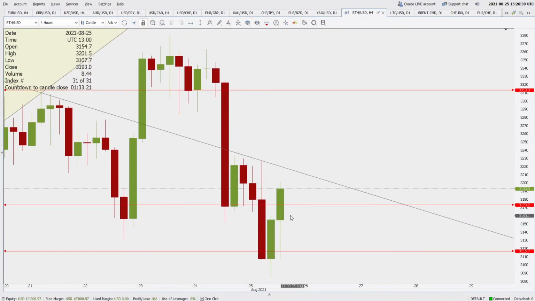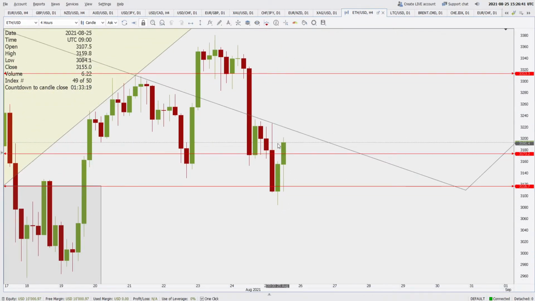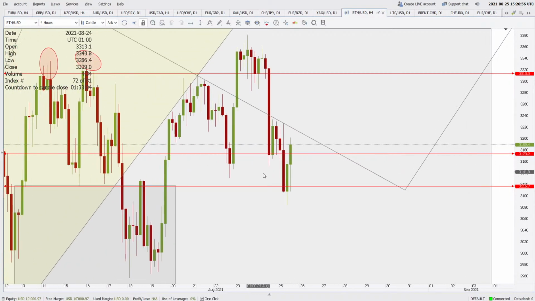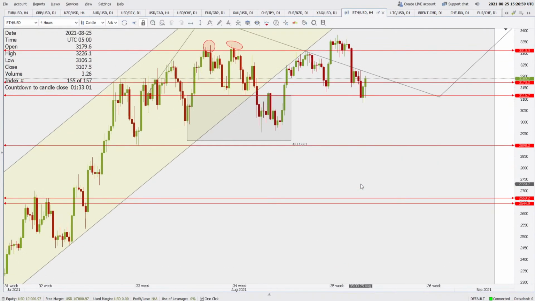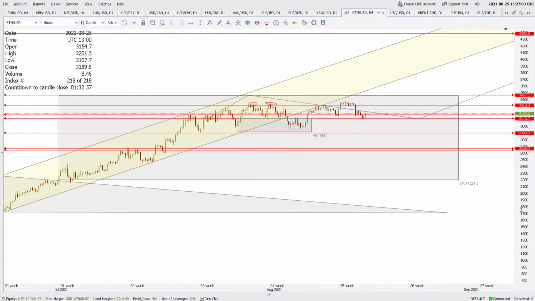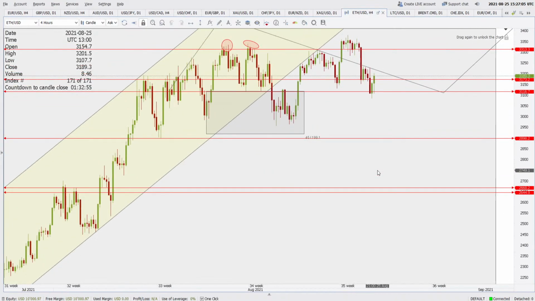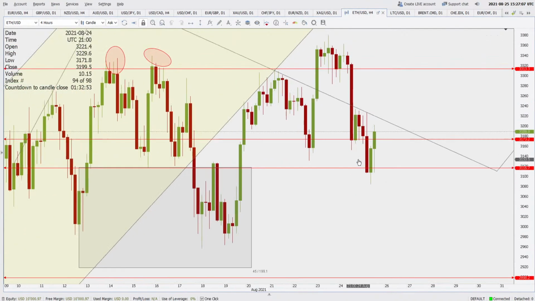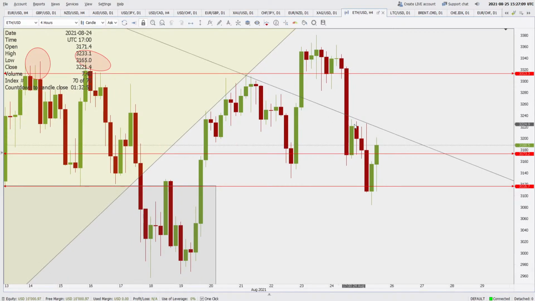You see, on the 4 hour, the price went down. It gave us a bearish pin bar and a bearish engulfing candle, but then immediately buyers came in to support the price, and now they are giving us a bullish pin bar on the 4 hourly chart, right on the support. So on 4 hourly, the price of Ethereum looks very good, but these highs here may offer some resistance to the price,